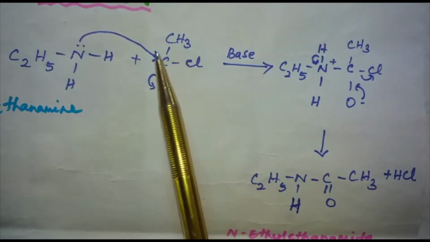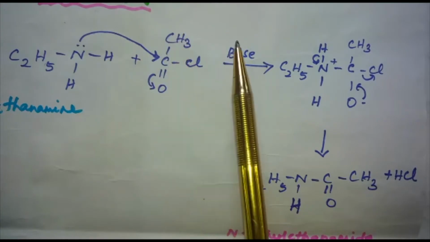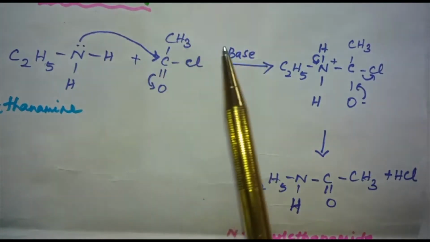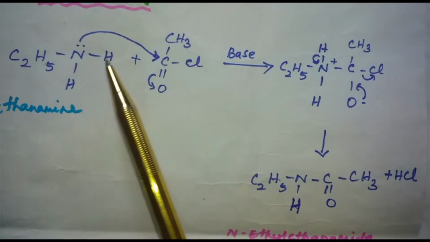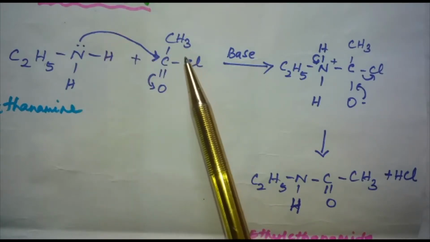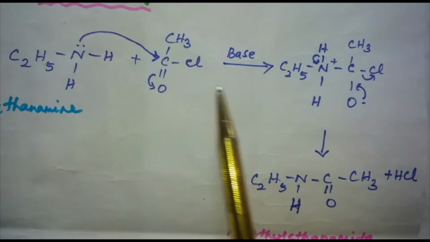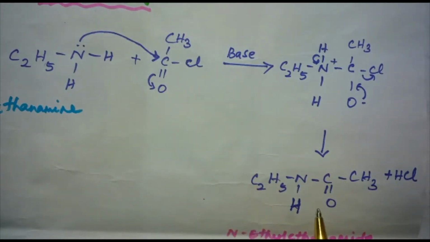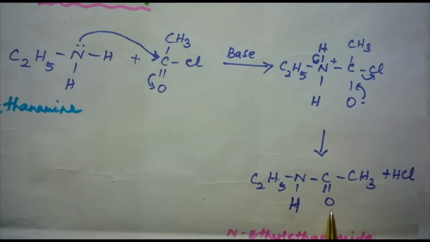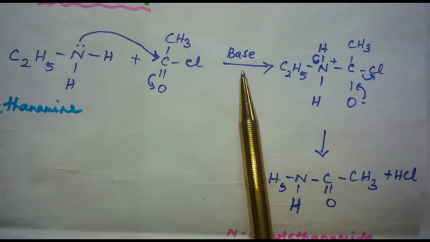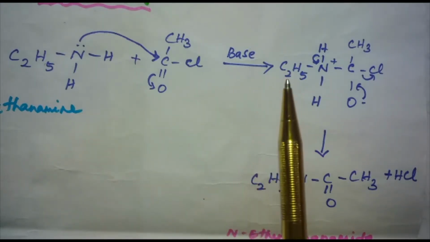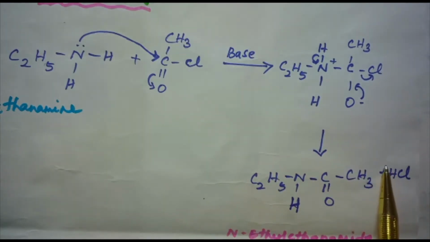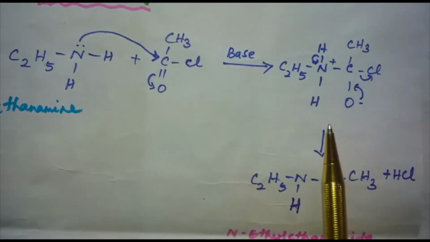reaction. We can consider this reaction as the replacement of the hydrogen atom of the NH2 or NH group by the acyl group, and the products obtained by these reactions are known as amides. This reaction is carried out in presence of a base which is stronger than the amine, like pyridine, which removes the HCl formed and shifts the equilibrium to the right hand side.